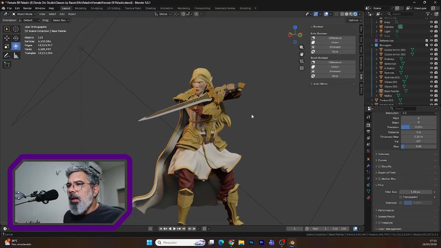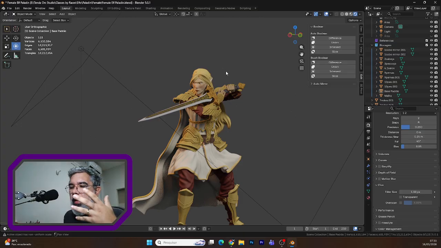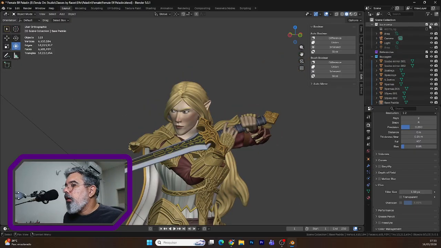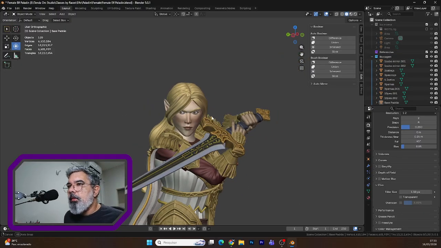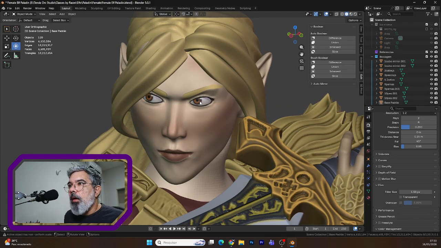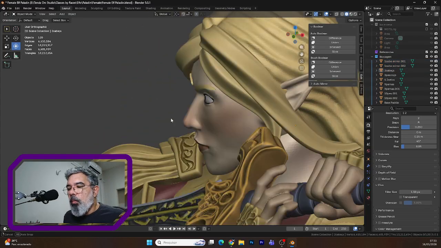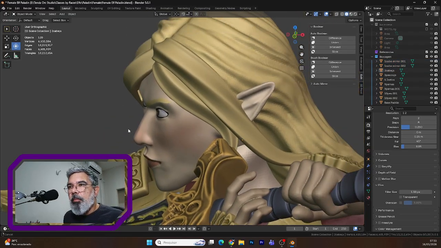So I usually start with the face and eyes, because it's very easy to understand. Let me hide the light and the camera. So I come to the eyes, I select these two eyes in the face, and let me show you one thing first, so you understand exactly what Boolean means,